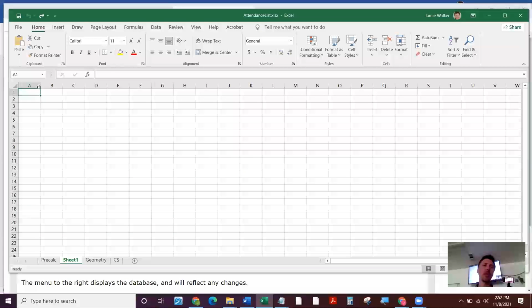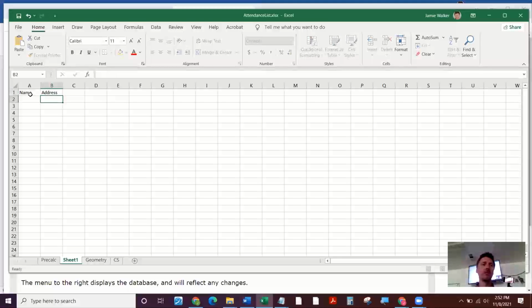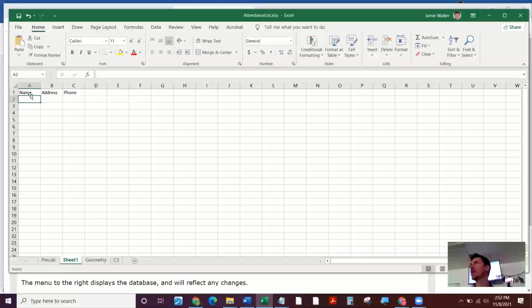So, we could think about our database fields as our columns here. Our customer table may have name, it may have address, it may have phone number, whatever, in the customer table, right? And so I'm going to make up bogus ones